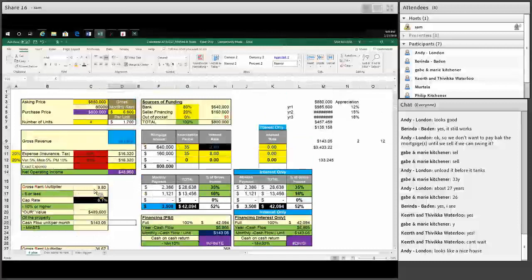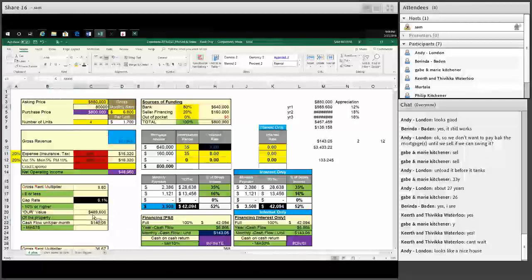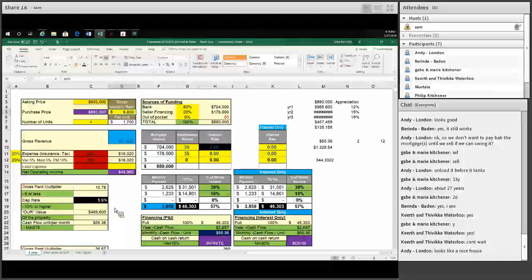Okay. All right. So the asking price is $880,000. This 8,000 can go because I don't know why that was there, but $880,000 is the purchase price. Gross rents are $6,800. That was a discount, I guess they were hoping they could get. Number of units is 4, $1,700 per unit. Gross revenue is $81,600. Expenses, we're going to assume they're 20 and 20. That gives me